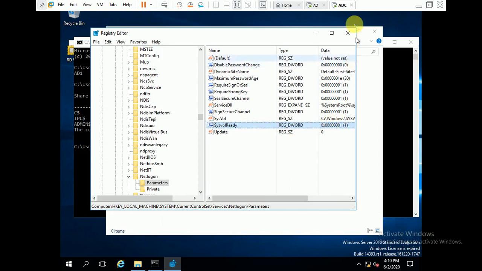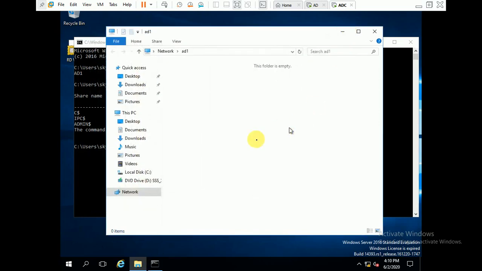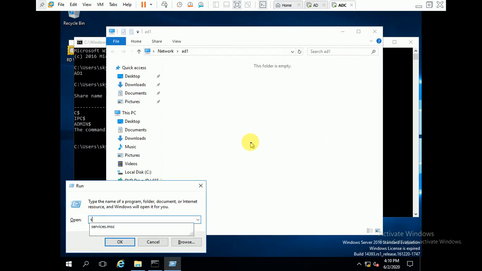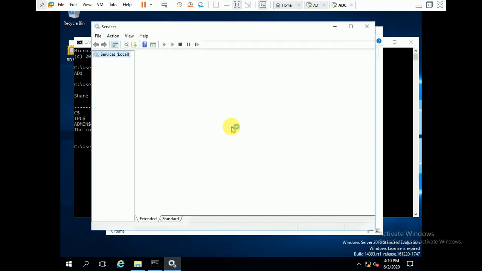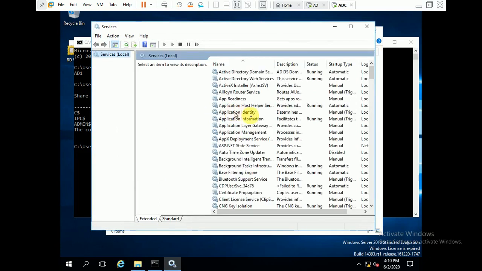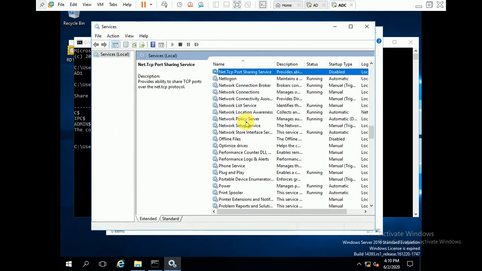Now just close it and go to services. Sometimes without restarting the netlogon service it is available, but sometimes it is not.